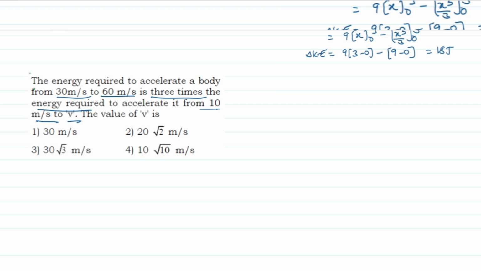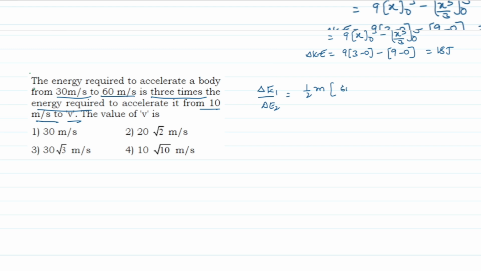The energy required to accelerate: according to the work-energy theorem, work done is nothing but the change in kinetic energy. Now take the ratio of the changes in kinetic energy, delta E1 by delta E2, which will be equal to half m times the difference of squares of the velocities. Here the initial velocity is 30 meter per second,